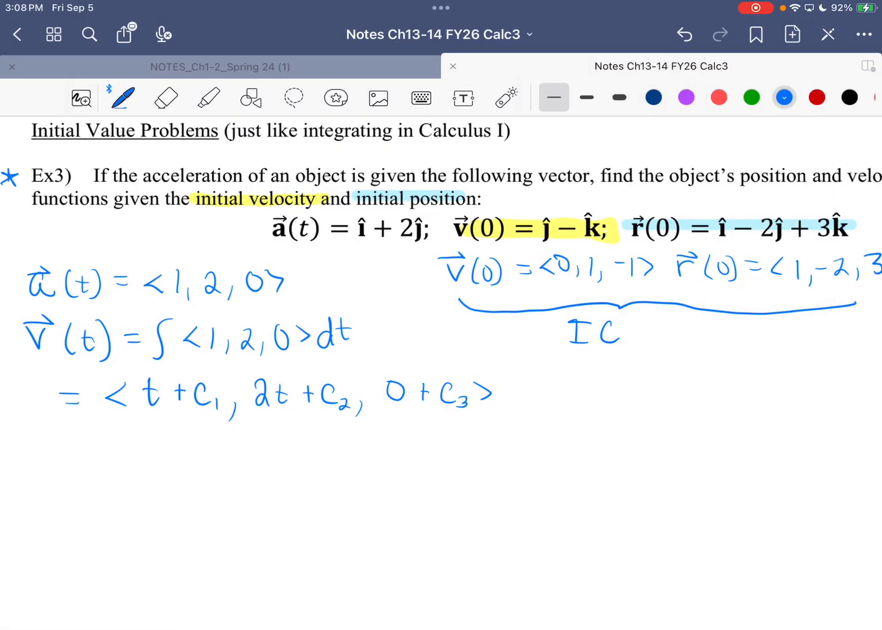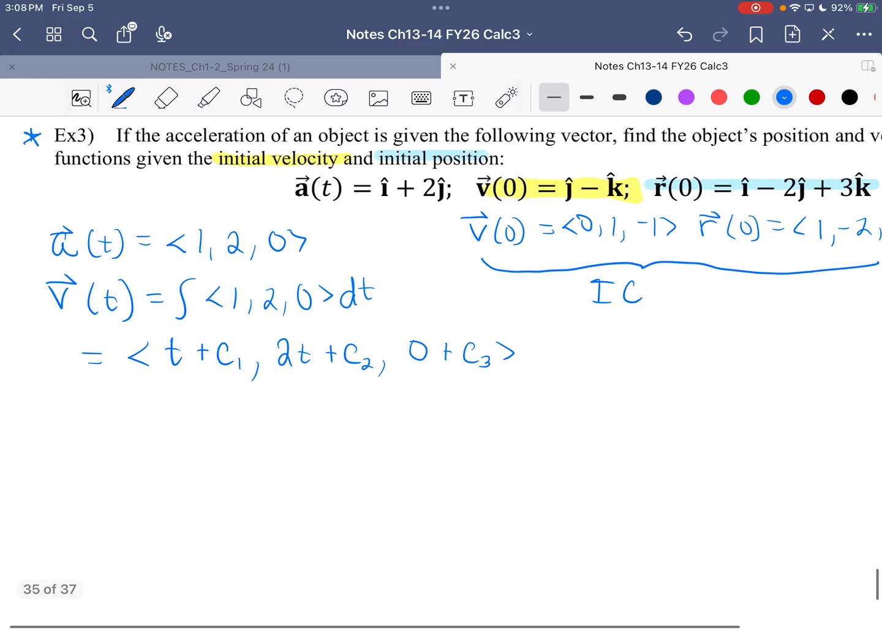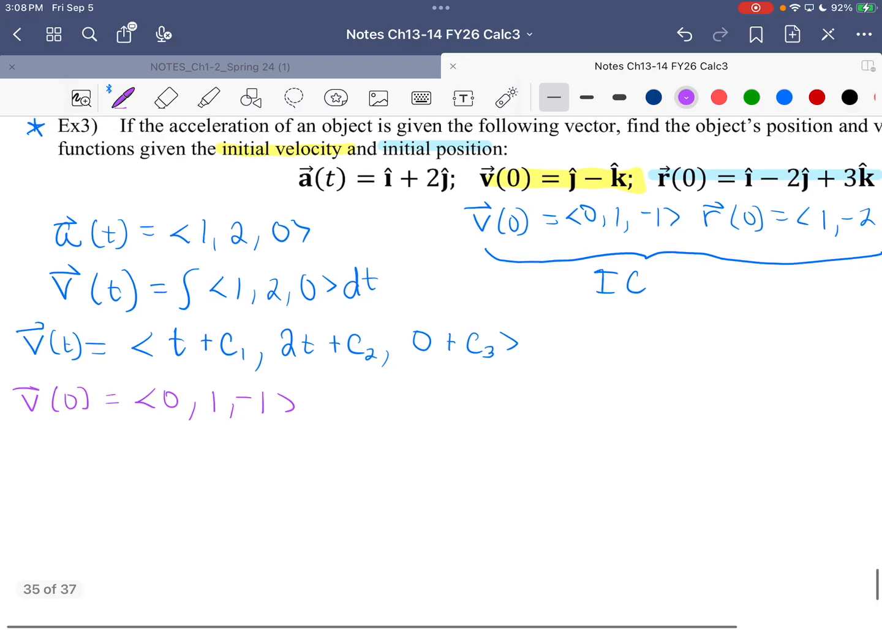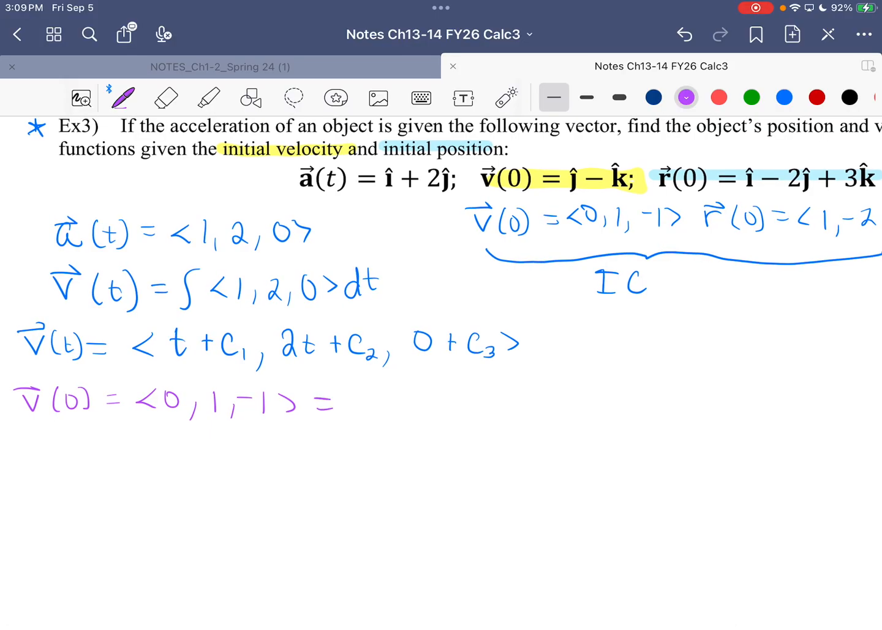All right, so now plug in your initial condition. So v at 0, this is v at t. If we're saying v at 0 is 0, 1, -1, you can break this up into a bunch of different equations, but you could say